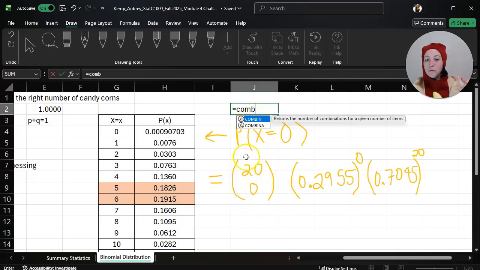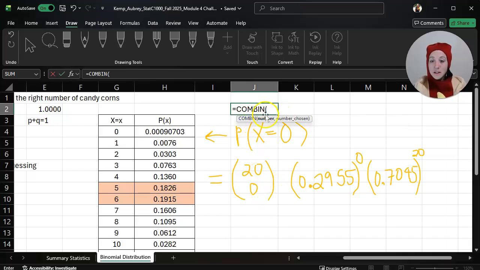So the 20 choose 0 is what the combination is doing. So combin number, comma number chosen means we're looking at 20 trials and we want to choose 0 successes out of the 20. And then we have times, so we need to do that asterisk, times the probability of success,